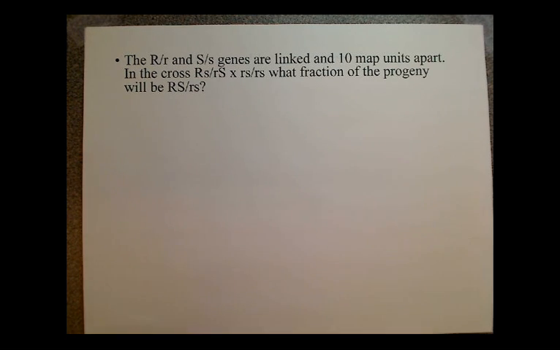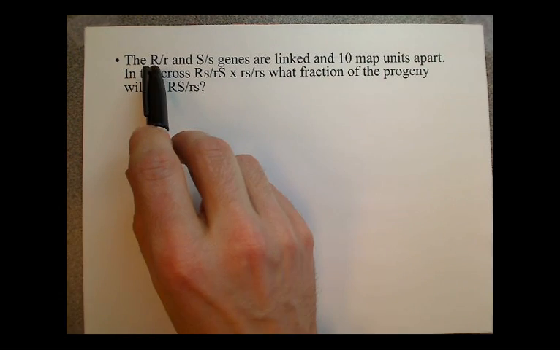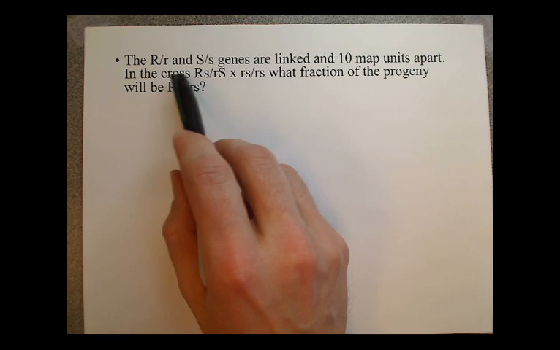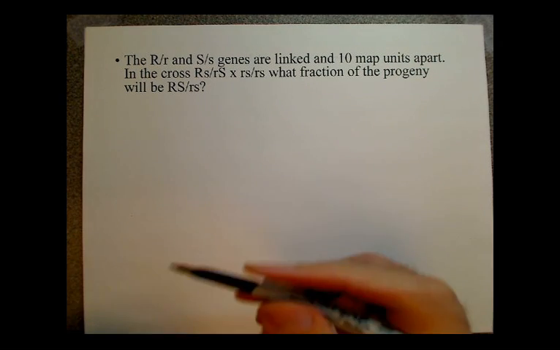So this is the first question on the review for exam 2. And this is basically a basic problem involving linkage between genes. So in this case we have two genes, R and S, and we're doing a cross in which we have